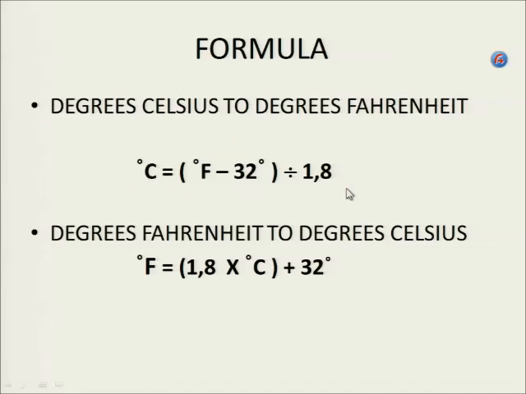The one form is where degrees Celsius is on the left of the equal sign. It says that degrees Celsius, you can work it out by saying degrees Fahrenheit minus 32 degrees, and then when you are finished doing that, you divide by 1,8. Otherwise, if I have degrees Celsius, what must I do to take it to degrees Fahrenheit? I must take 1,8 and multiply it by degrees Celsius, and then I must add 32